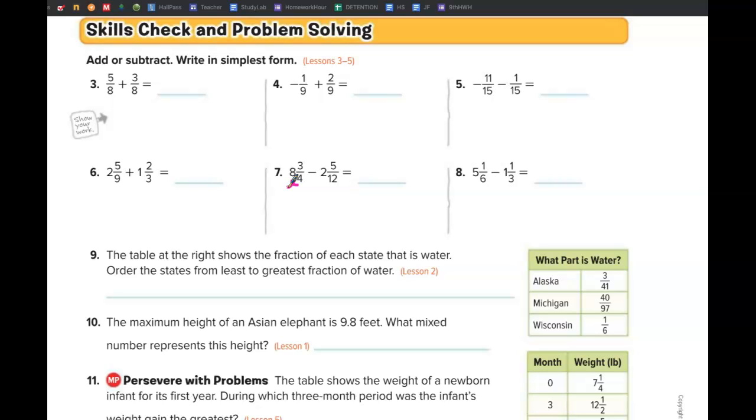So 4 times 8 is what? 32 plus 3 is? 35 over what? 4 minus. Change the other one for me, Kaylin. Twelve times 2 plus 5